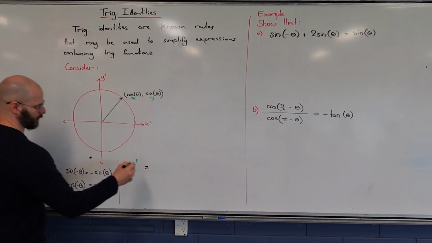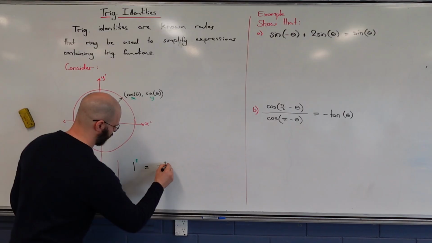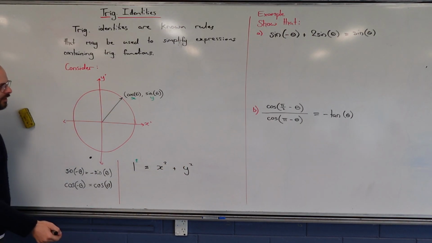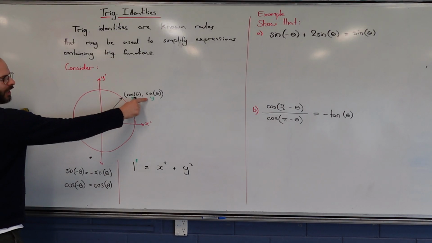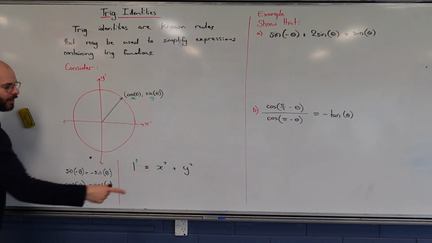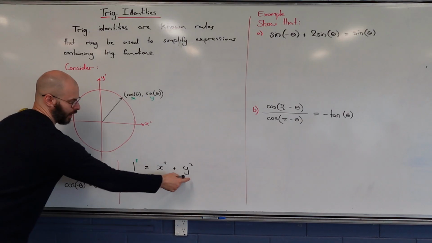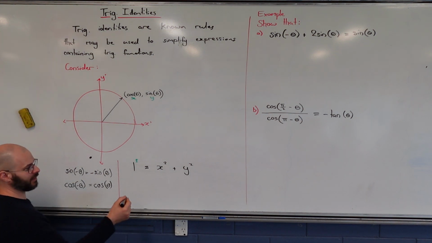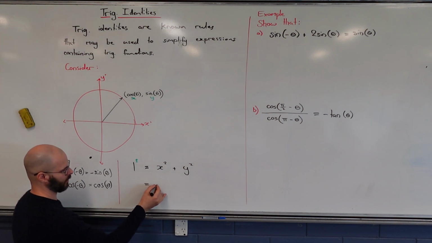Now the next thing is, think of it in terms of cosine and sine instead of x and y. How would we rewrite this? Rather than writing x and y, how would we rewrite it in terms of cosine theta, sine theta? Any ideas? Cosine squared